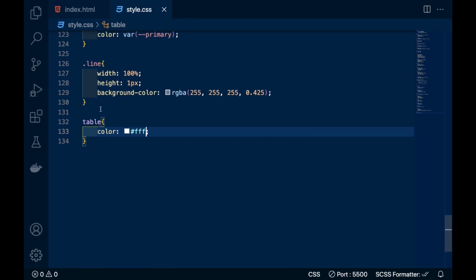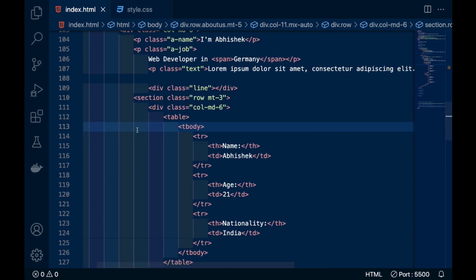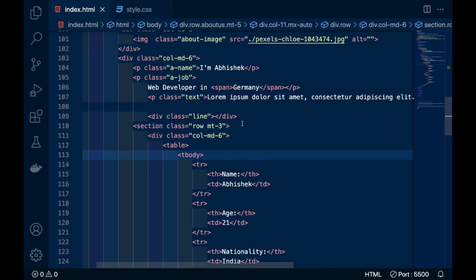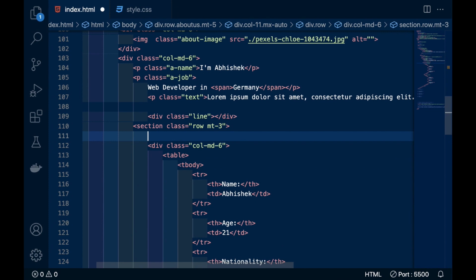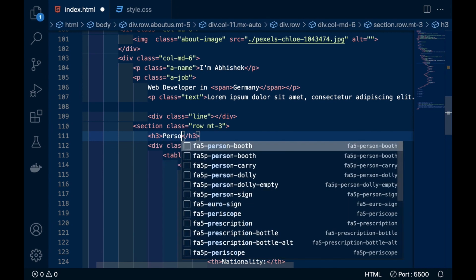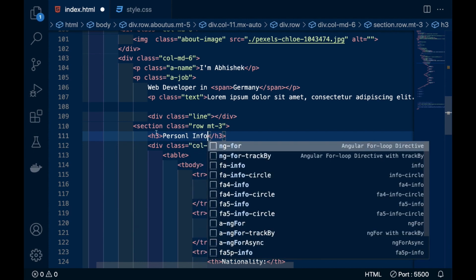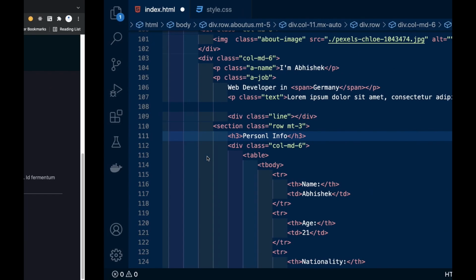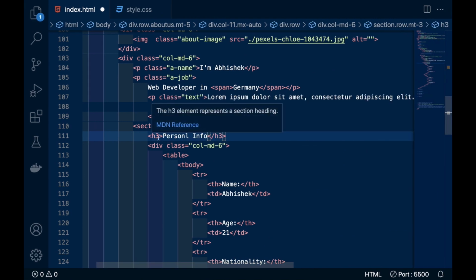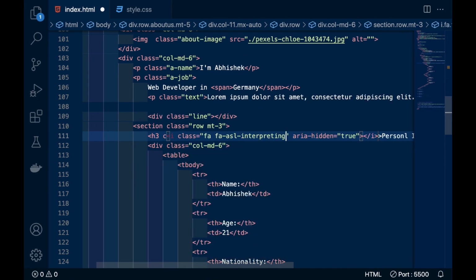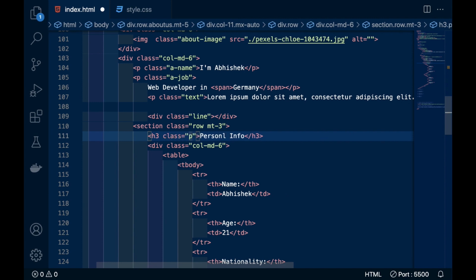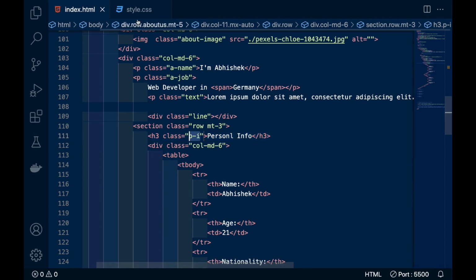Before the table there is another text, we have missed the title. For that I will use h3, and here I will write personal info, and give it a class name pi, meaning personal info.